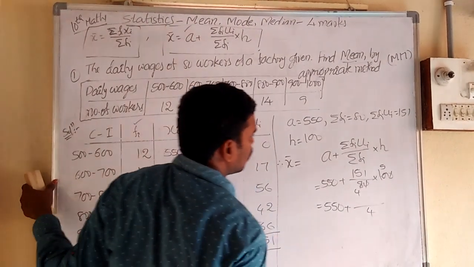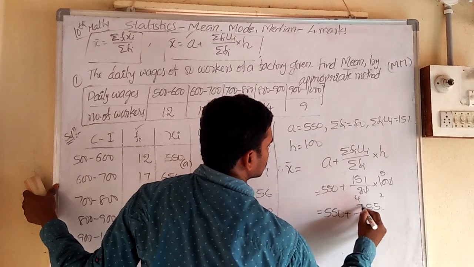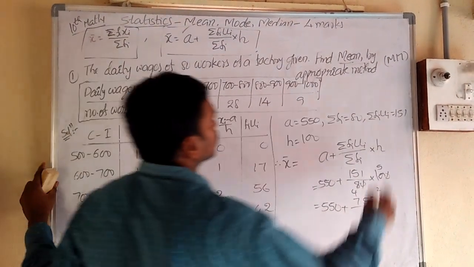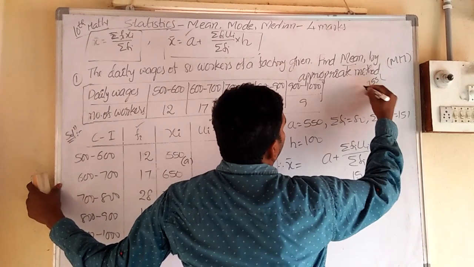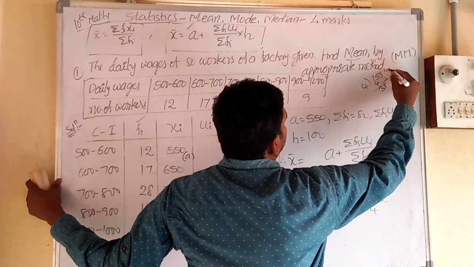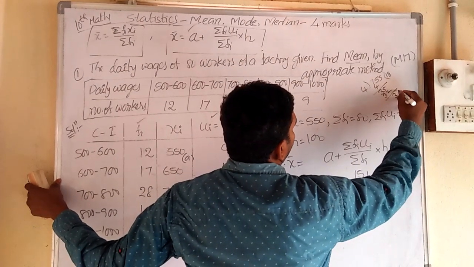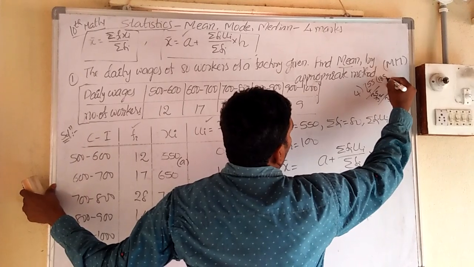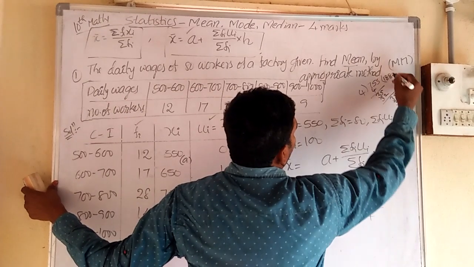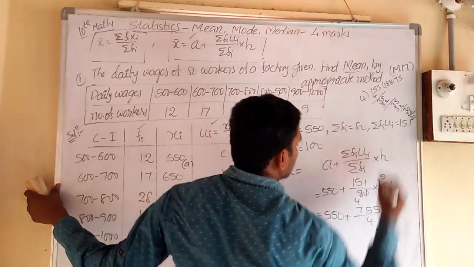What is the remaining? 755 by 4. Okay? I'm doing rough work. 755 by 4. 4 1s are 4, 35, 4 8s are 32. So 3 is there. If you take the decimal point, it becomes 30. 4 7s are 28. So 2 is there. 20, 4 5s are 20.